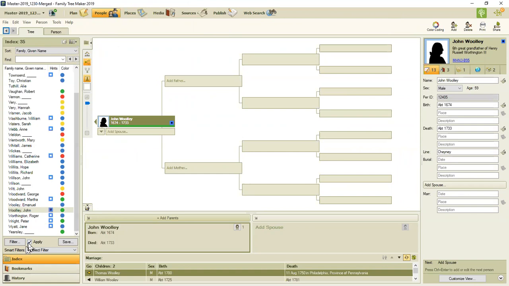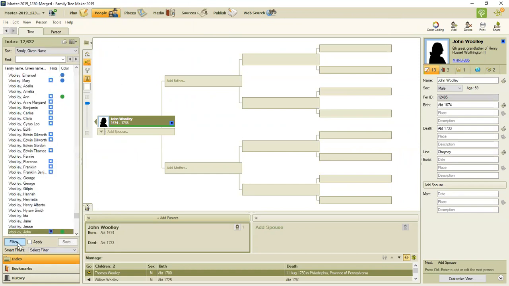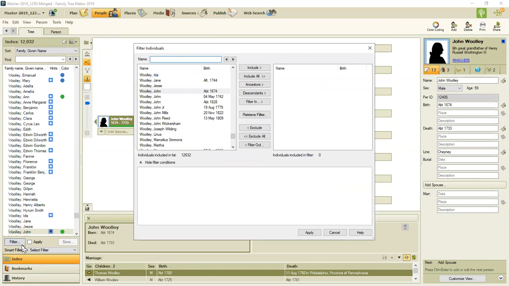I'm going to clear the filter, but now I'm going to recreate a new filter, and I'm going to create it the way I did the first time. Yes, there's a way to edit it, but I wanted to clear the decks, but I want to create a new